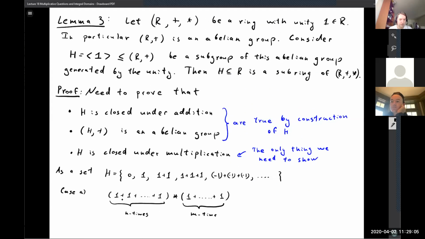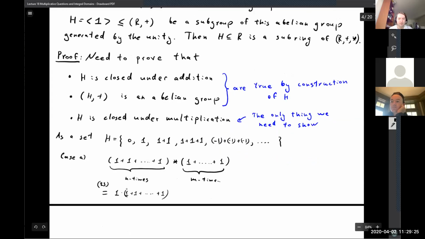By R3, this is the same as 1 times 1 plus 1 plus 1 plus 1, m times, plus 1